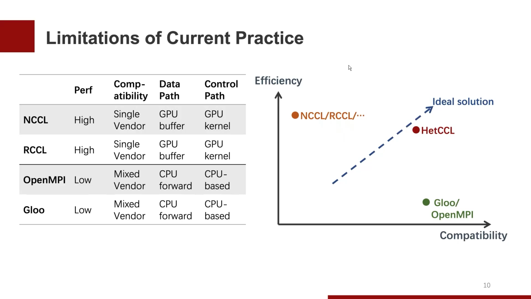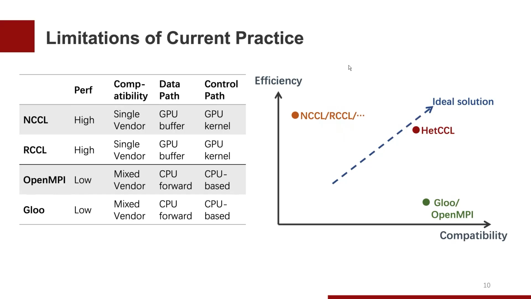And the second category we call the CPU-centric approaches. Some representative systems include OpenMPI and Gloo, and they can move data across heterogeneous hardware by copying the device data to the CPU. But clearly, this introduces high communication overheads and cannot achieve the desired communication efficiency. As a result, existing solutions force a trade-off between hardware efficiency and cross-vendor compatibility, limiting their usability for heterogeneous clusters. And in this talk, I want to talk about our solution, which we call